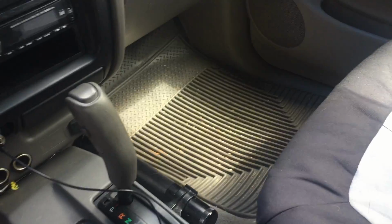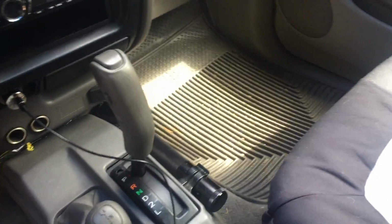Truck's kind of messy, but it is what it is. It's a truck, and I use it as a truck. So, over here on the right seat, down here, I keep...